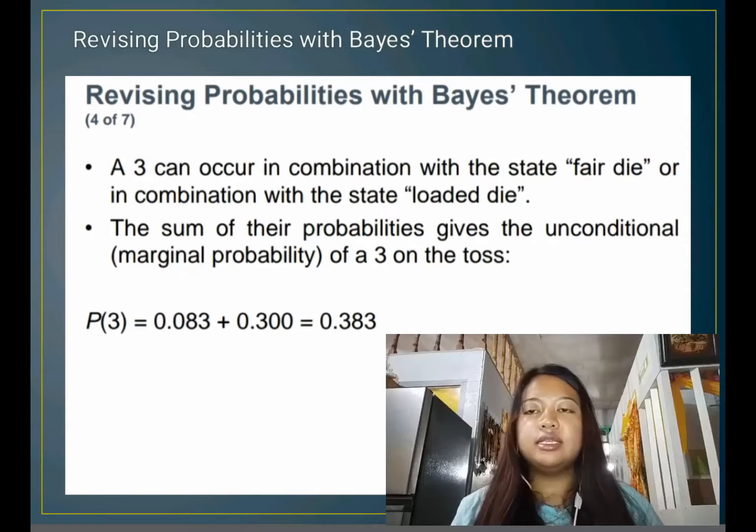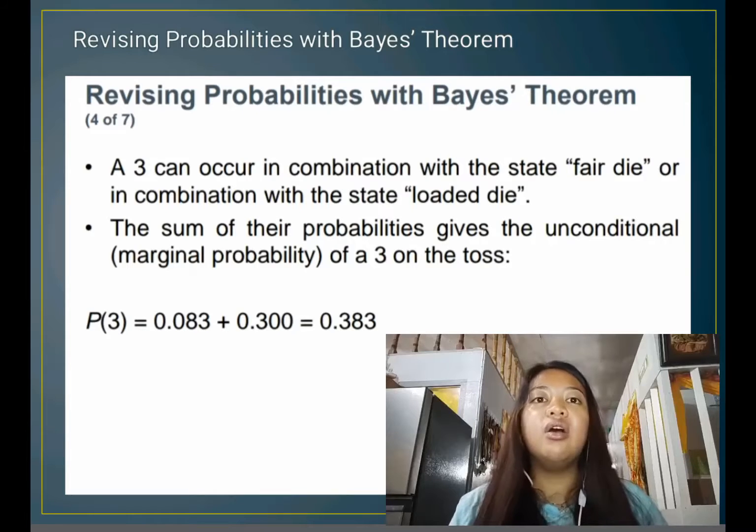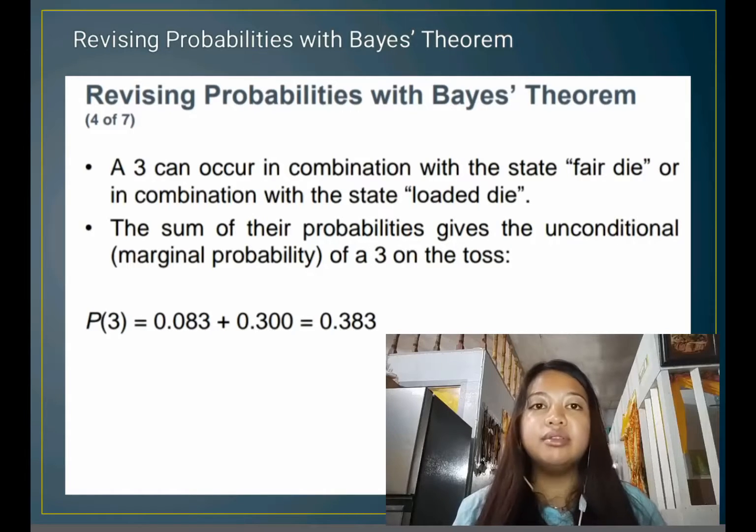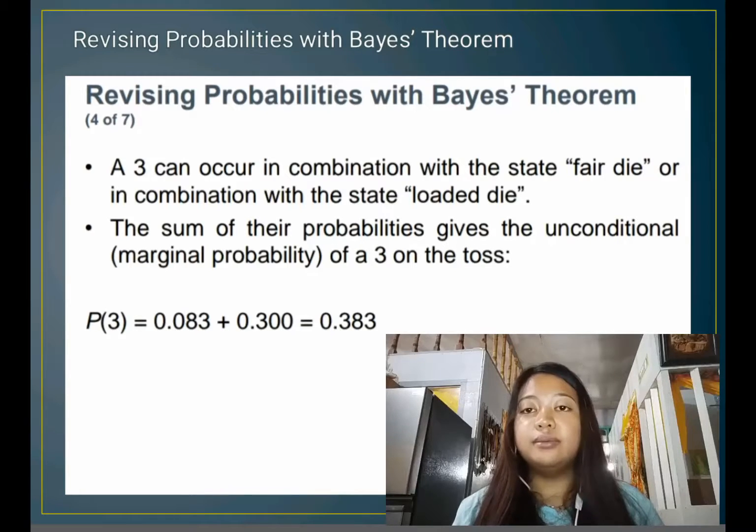we have here an explanation. If a number 3 can occur in combination with the state fair die or in combination with the state loaded die, the sum of their probabilities gives the unconditional or marginal probability of a number 3 on the toss. So here is the solution. The probability of being 3 is equal to the 0.083